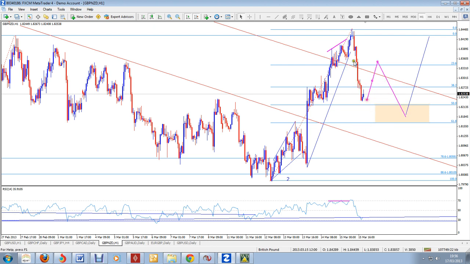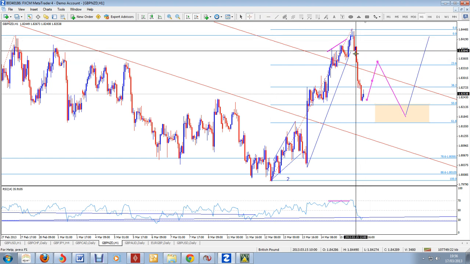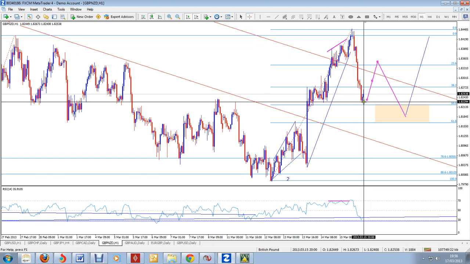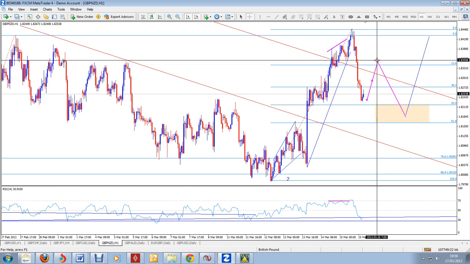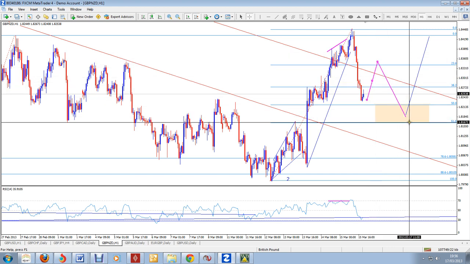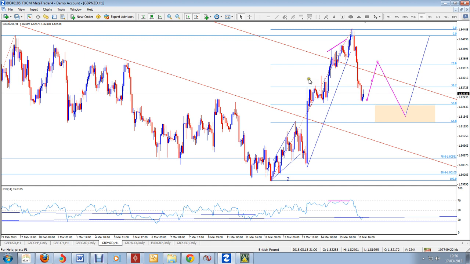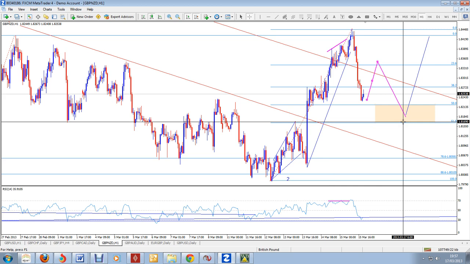So this is what I'm expecting now. See, down here we had 1, 2, 3, 4, and 5. So wave A, ABC back up is wave 2, and then a similar another strong leg to bring us back to 61.8% retracement. So around 81.50 to 81.70 area is where we could probably expect a possibility of confirming two things. One is that we have had this 5-wave up, we are currently retracing this down in ABC, and it's come to the level where previously we've had support, resistance, and possibly turning back into support.